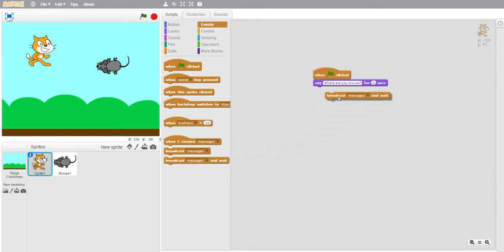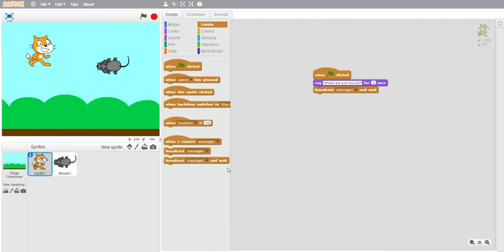Now there are two types of broadcast script you can see. One is the simple broadcast message and the second is broadcast and wait. What is the difference between these two? Broadcast will simply broadcast a message and continue with its script. Whatever scripts you write further will continue.